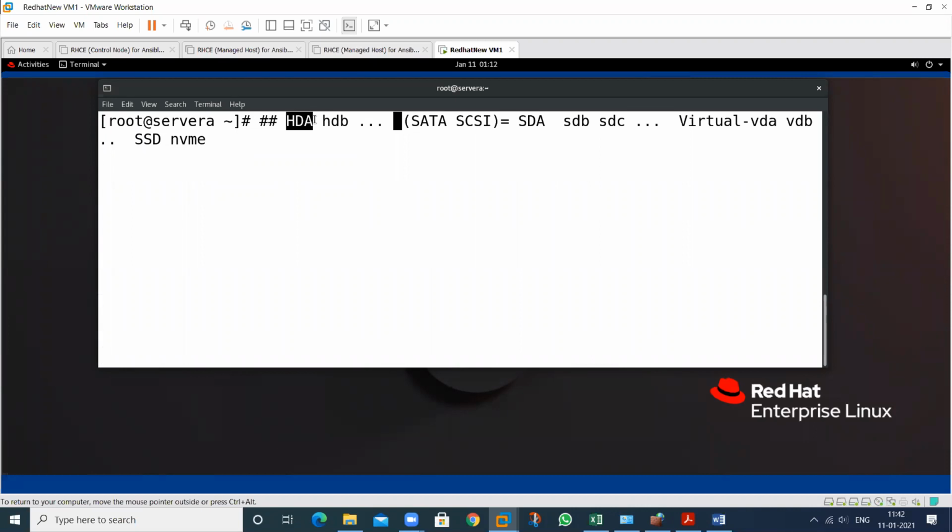If you have any HD hard disk, hard drive, it's called HDA. For the ID, which type of functionality? The starting one is called IDE, or it's also known as ATA. Then after that comes SATA, Serial Advanced Technology Attachment. IDE is Integrated Drive Electronics. ATA is Advanced Technology Attachment.